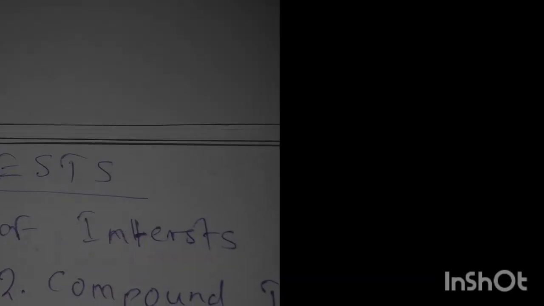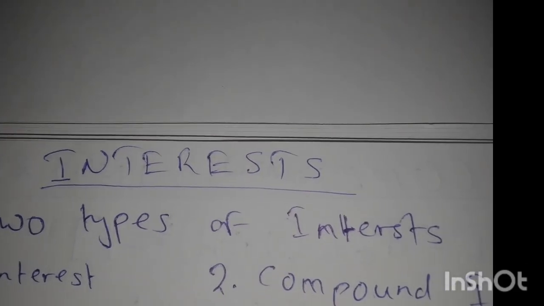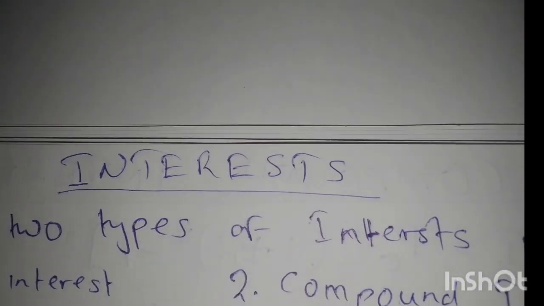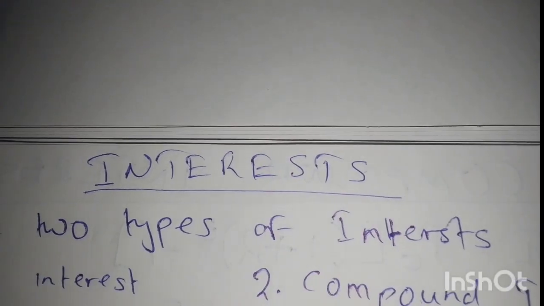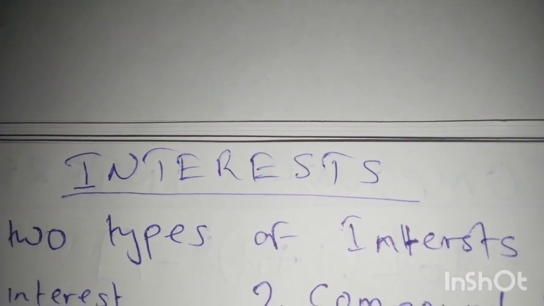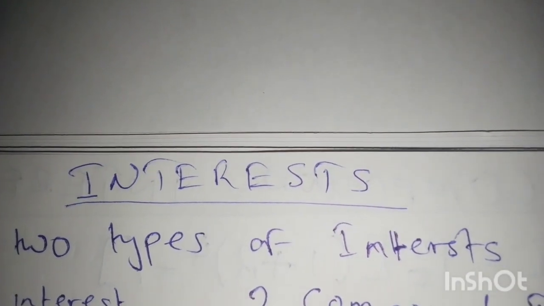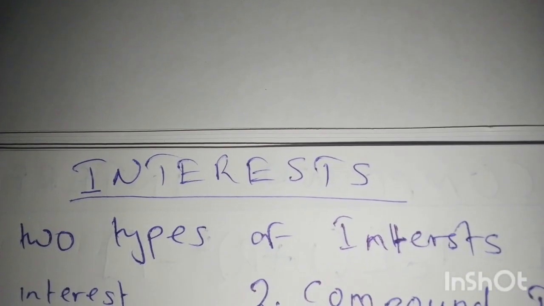So now let's make progress. We move to a simple topic known as interest. Under interest, there are certain terms which we need to know. These terms are principal amount. The principal amount is the amount of money that is initially borrowed from the bank or invested. So this is the money you borrow from the bank or the money you invest at the bank.